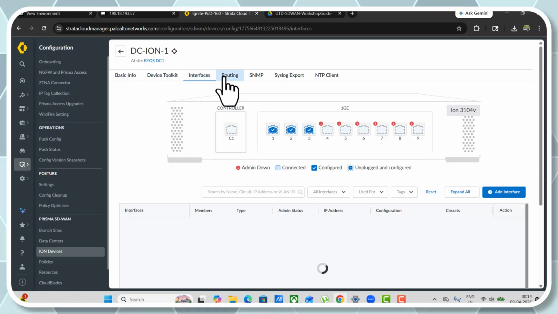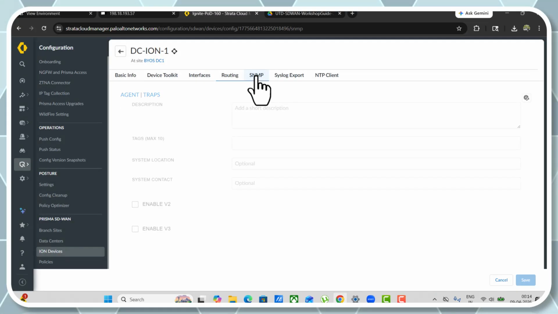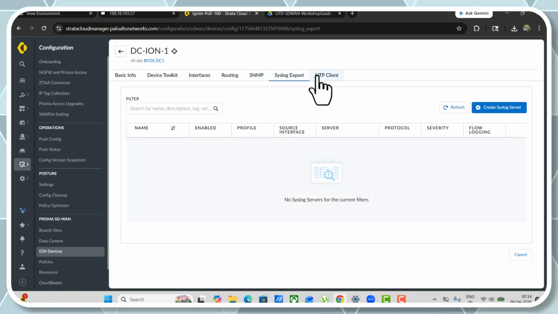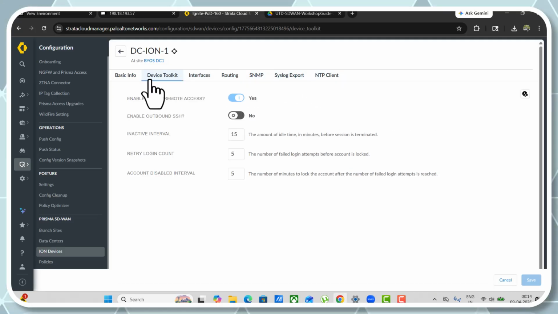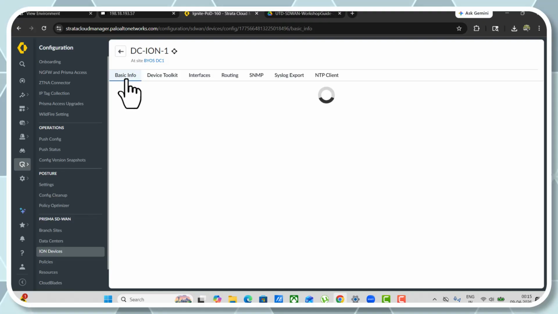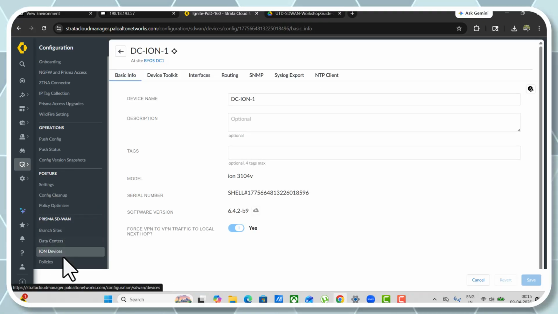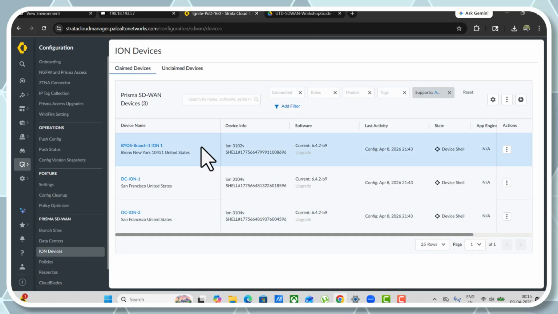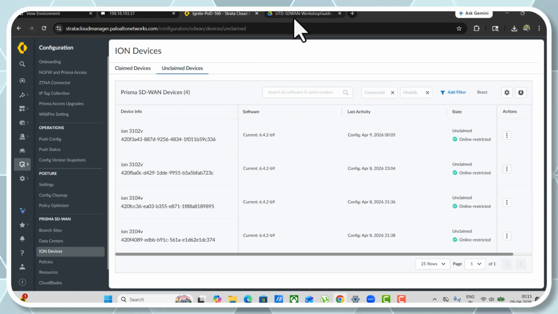So this configuration will be pushed on that device. The configuration is already there, so it will be pushed as soon as we claim the device. This is the benefit of SD-WAN: your template is ready, simply claim the ION devices. So, unclaimed devices, and here